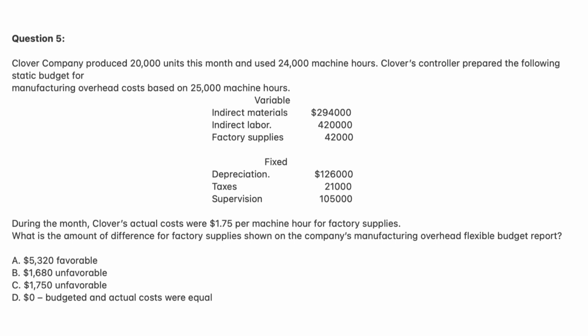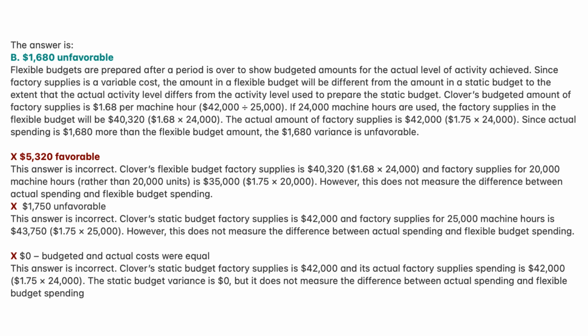$5,320 favorable. B. $1,680 unfavorable. C. $1,750 unfavorable. D. $0. Budgeted and actual costs were equal. The answer is B. $1,680 unfavorable. Flexible budgets are prepared after a period is over to show budgeted amounts for the actual level of